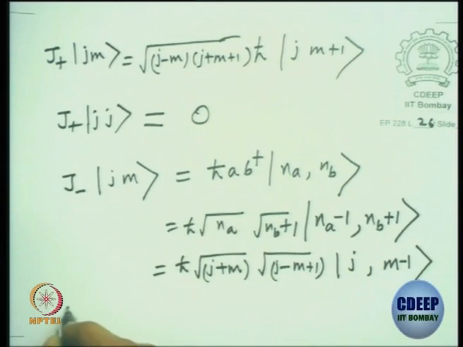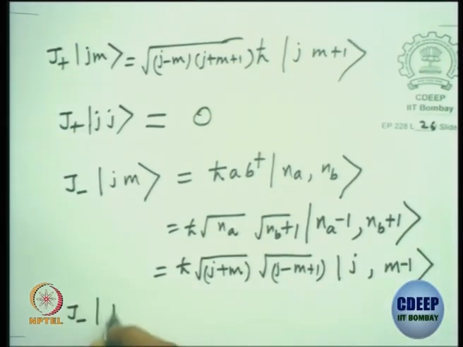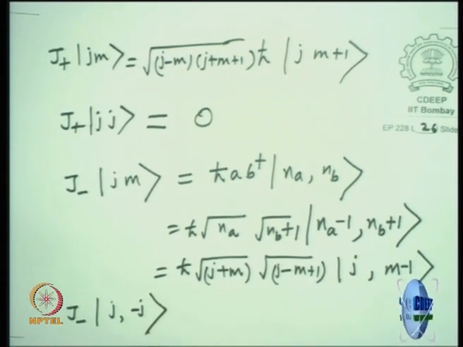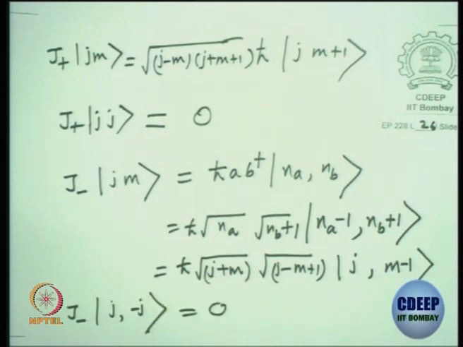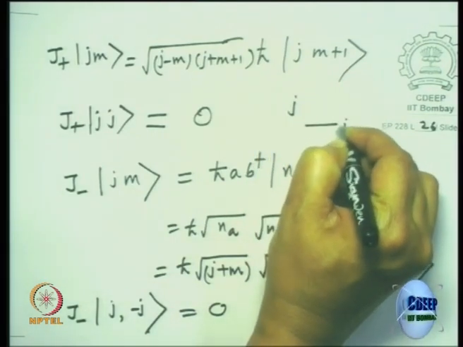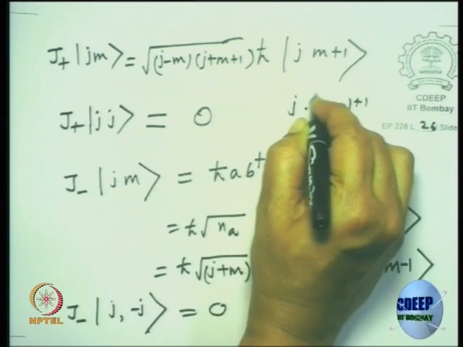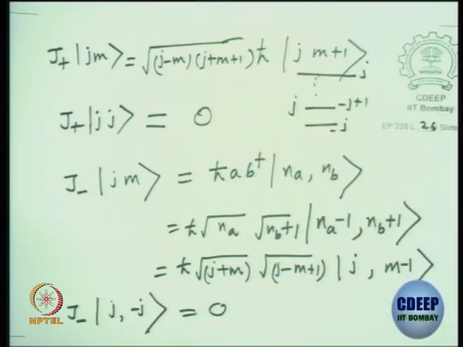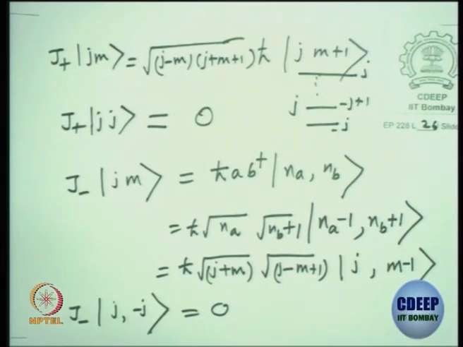What happens for J minus? M equal to minus J, if I operate, look at this eigenvalue, it will become 0. So, what do we get? We get states for a specific J going from minus J, minus J plus 1, and so on, and there is an upper bound which is plus J for the magnetic quantum number. For a given J eigenvalue, this M magnetic quantum number will take values from minus J to plus J. So, all states with a given J will number 2J plus 1.